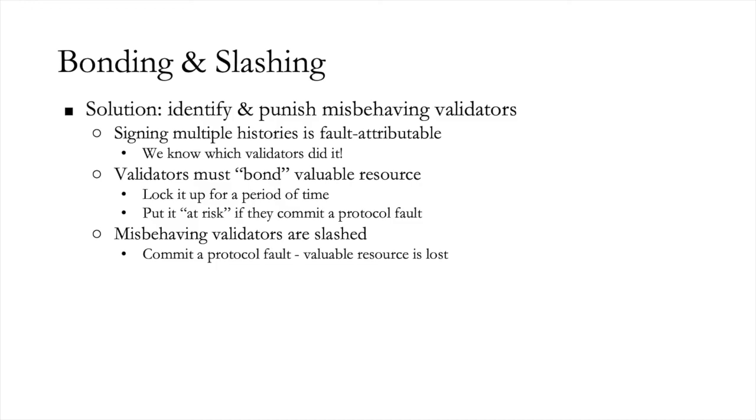We can use the same identification to notice when the same validator signs two different histories, and we can punish them. In order to punish them, we must have some in-protocol resource, under the name of the validator, the identity of the validator, which we can slash or we can remove, such that if they commit a protocol fault, if they double sign, or even do something else which is against protocol, maybe run an invalid transaction in the state machine, or fail to participate in consensus for a long period of time, then they will sacrifice some of this resource. The state machine will slash them, will remove some of the resource as soon as it detects this misbehavior.